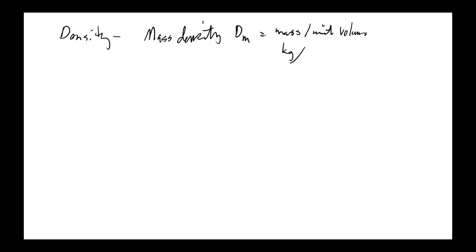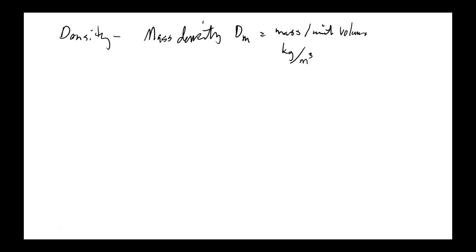Remember, volume is length times length times length. Lengths are meters, so that's cubic meters. So kilograms per cubic meter would be your basic unit of mass density in the